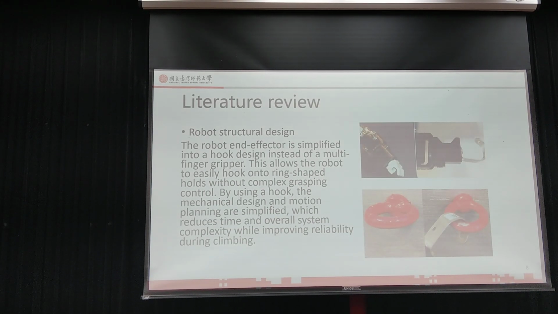The robot end effector is simplified into a hook design instead of a multi-finger gripper. This allows the robot to easily hook onto ring-shaped bolts without complex grasping control. By using the hook, the mechanical design and the motion planning